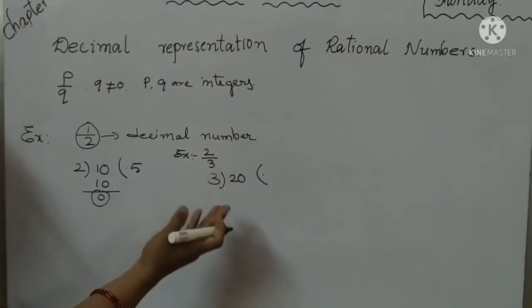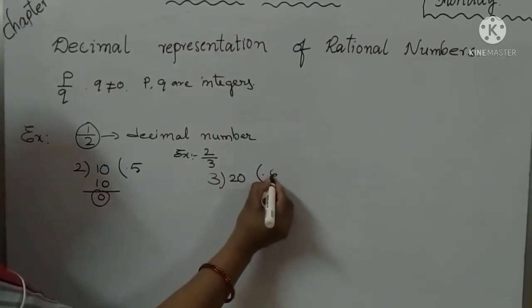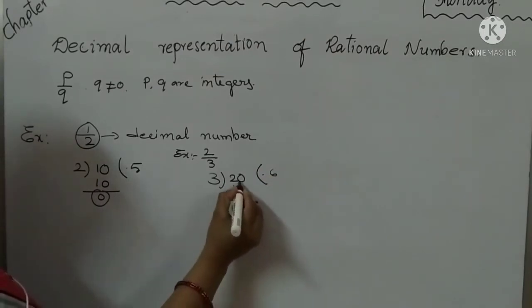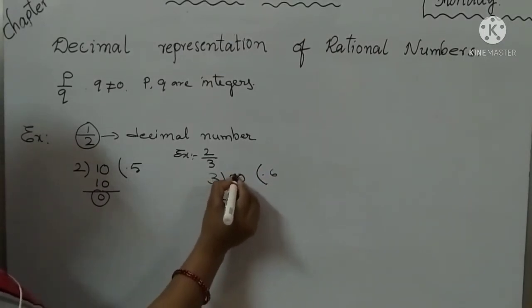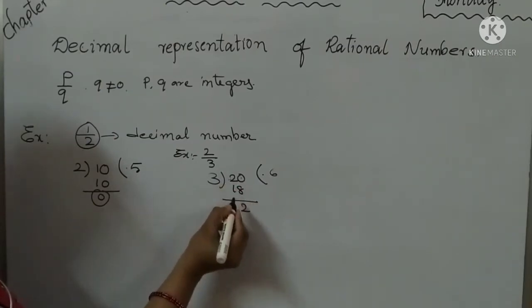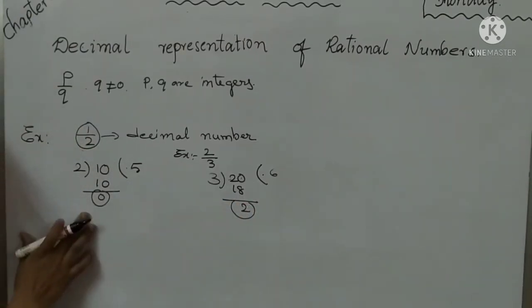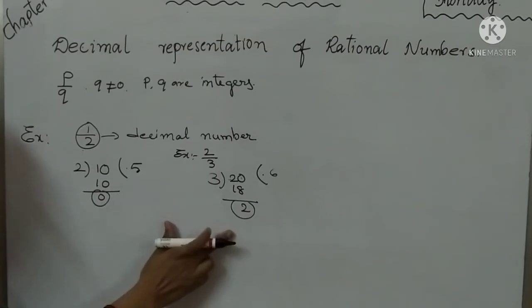21 is the bigger number. So the number before it, 3 6s are 18. So 6 times, and here 18. Take the borrowing 10. 10 minus 8 is 2. Here the remaining 1 is there. 1 minus 1 is 0. So here the remainder is 2. Understand here? In one the remainder is 0 and here the remainder is 2.